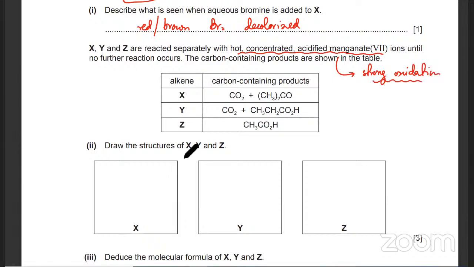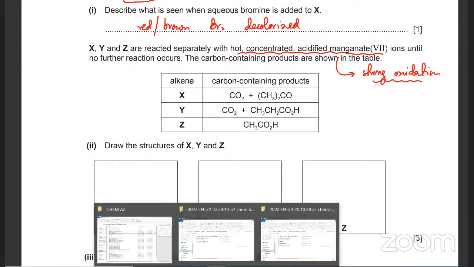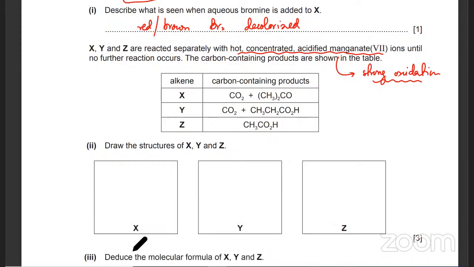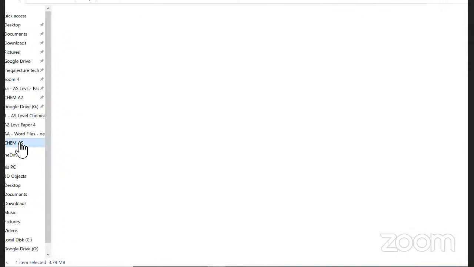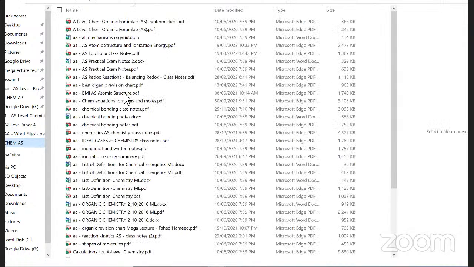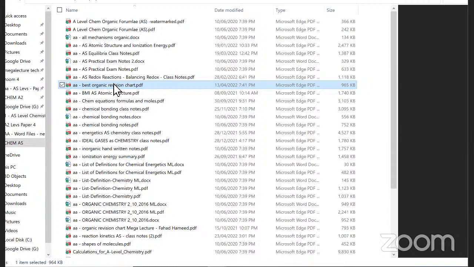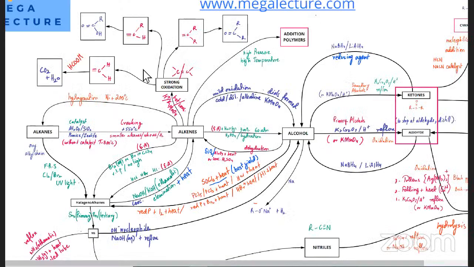And I'll just quickly go through what happens when strong oxidation happens. Let me just open the chart. So what goes on when you have strong oxidation? There are 3 different scenarios. You've got a double bond, and the double bond is going to completely break. Let me just show this to you. So over here at the top,